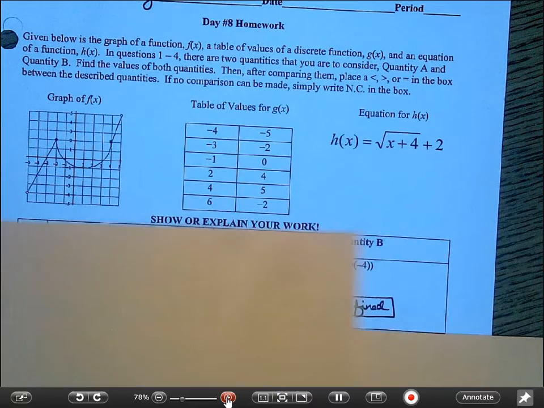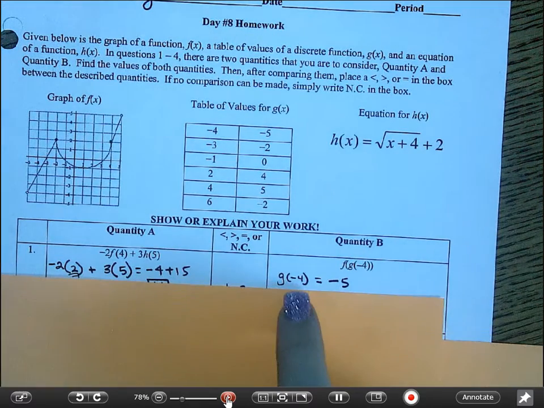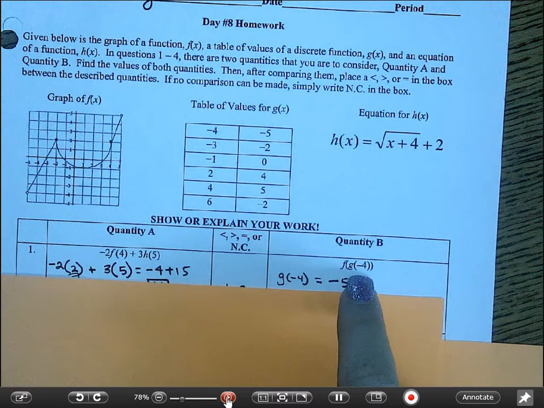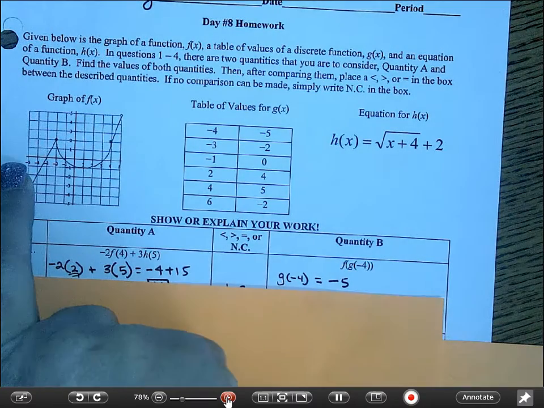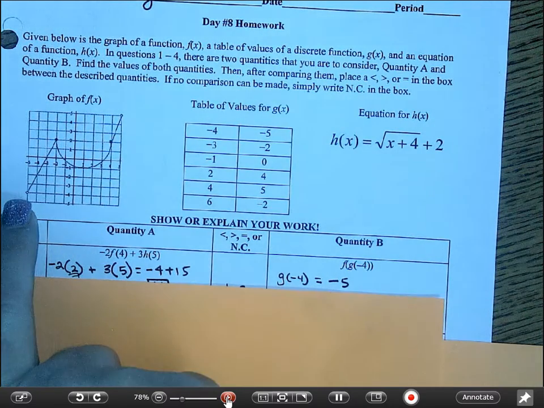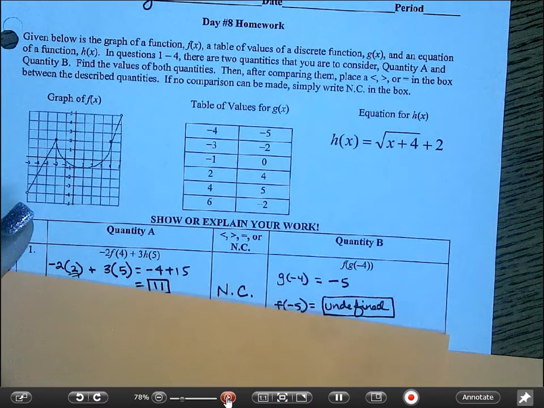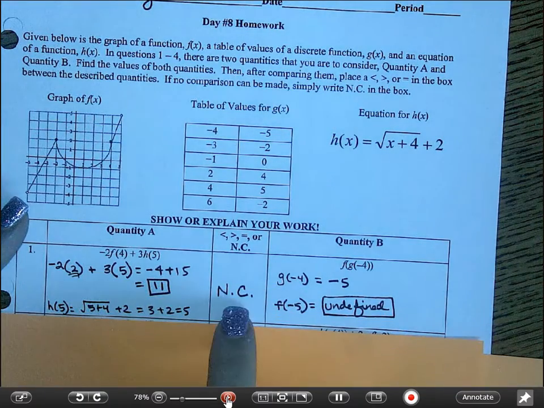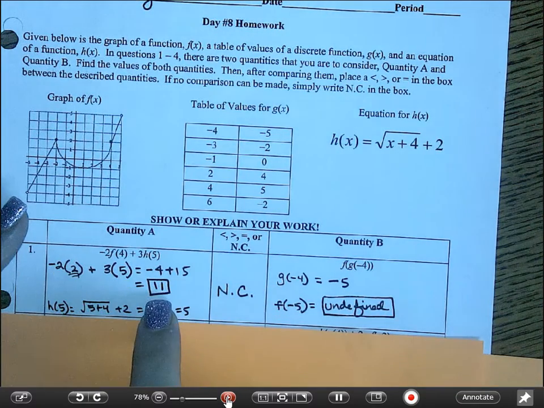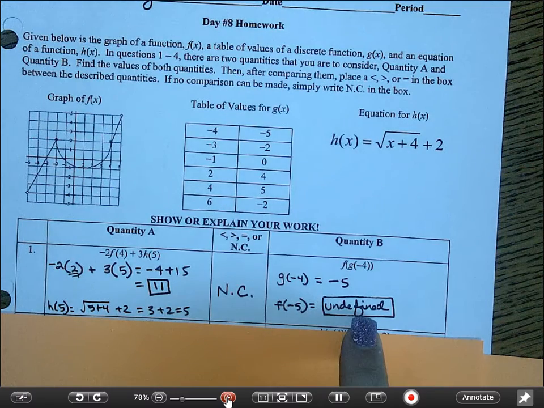Now I'm going to compare g of negative 4. So g of negative 4 is negative 5. And then I'm supposed to take that negative 5 and plug it into the f function. The problem is when I have x is negative 5, I end up getting an undefined value. So there's no comparison that can be made between 11 and undefined. Okay? So now let's take a look at